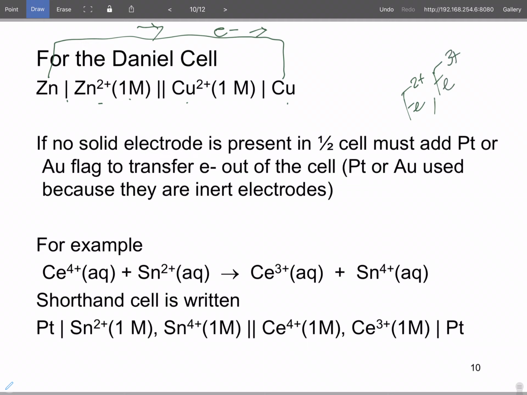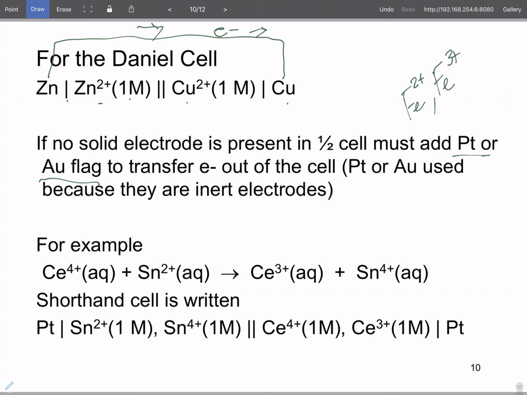You cannot throw in iron metal because that's a different reaction. You usually use platinum or gold flags. The nickel and other ones can be used depending upon what you're doing. But the bottom line is that the most common two are platinum